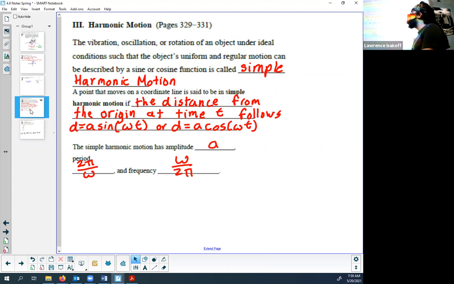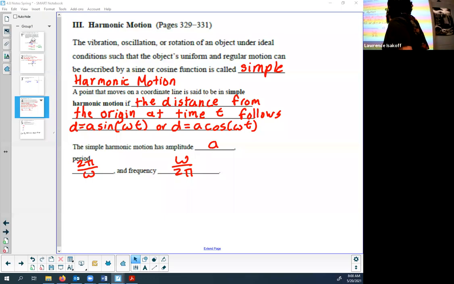So, talking about some other applications. Harmonic motion is an awesome application of trigonometry. So whether we're talking about the vibration, oscillation, or rotation of an object under ideal conditions. Now, when you start talking about physics, things like friction might start taking over. So those ideal conditions might not be there. So you might have some dampening factors that slowly shrink the curve. But under ideal conditions,